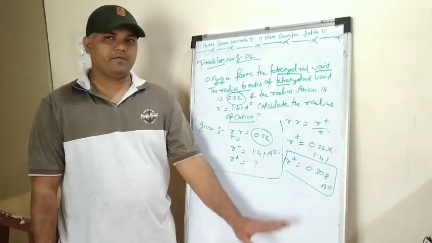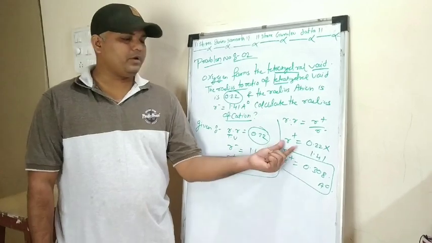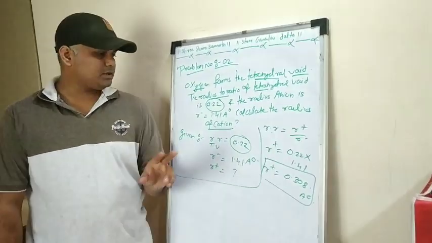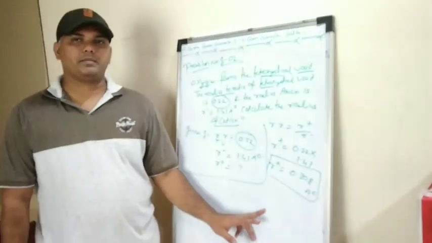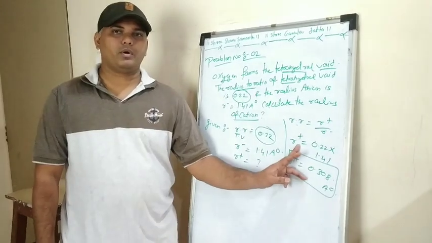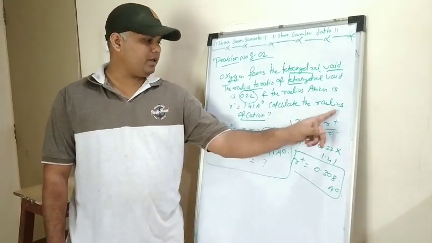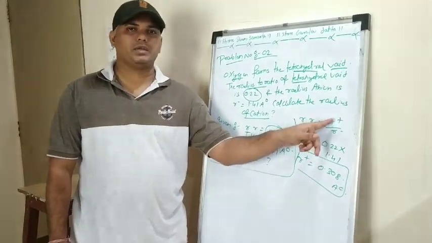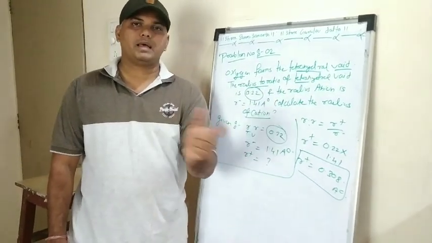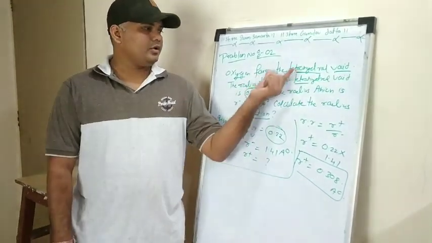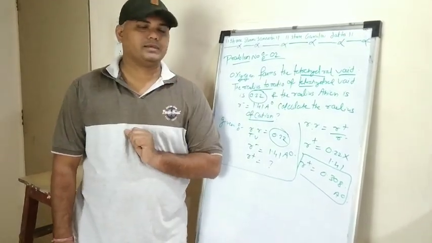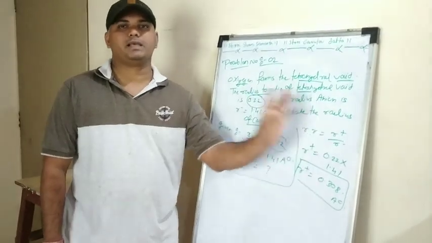So remember, my dear students, it is a very easy calculation. The problem is very easy. In this problem you need to calculate only the radius of the cation. So my dear students, let me tell you one thing. In the exam they can ask you such type of problems. They may even ask you to calculate the radius of the anion. Here they have asked you the cation; there they might ask you about the anion, right? So the problem can be asked in any way. Only the values will be changed in the board exam. Otherwise the theme will be the same, right?